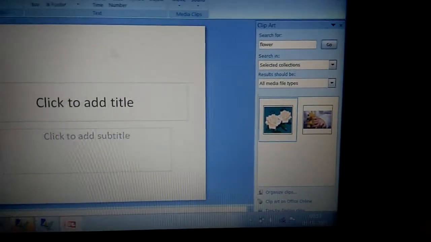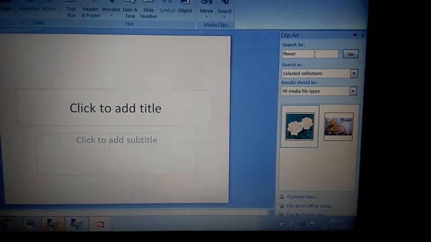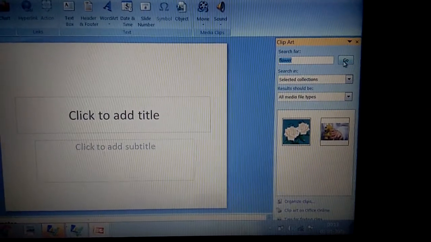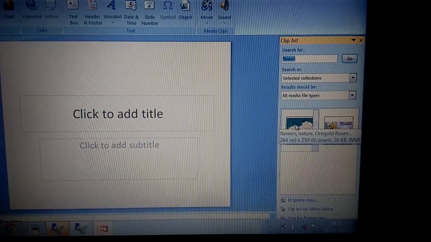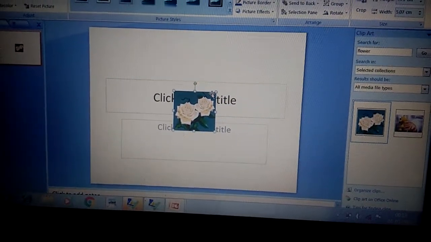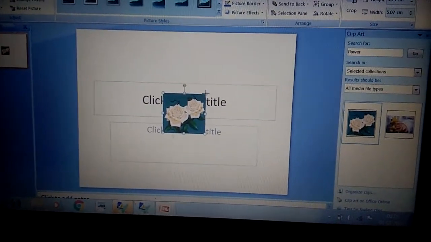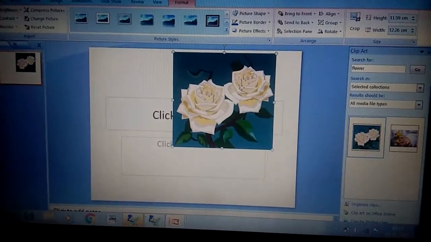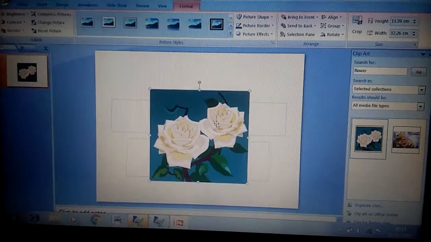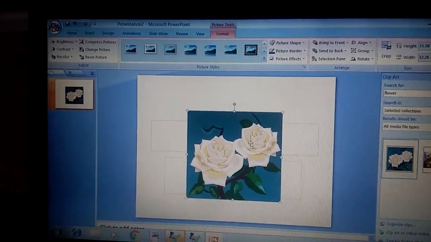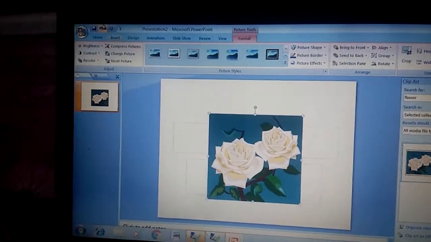At the right side, I am searching for flower and clicking on go, and flowers will appear. I am clicking any one flower and increasing the size. Okay, and I also reposition it, that means in the middle on the placeholder. Okay, then after that, once again